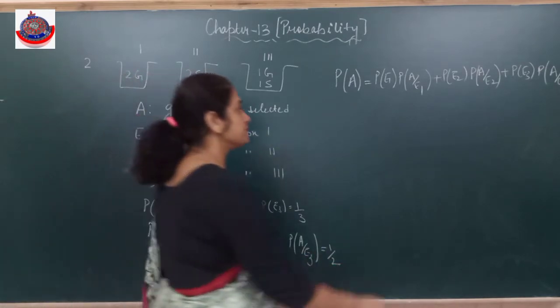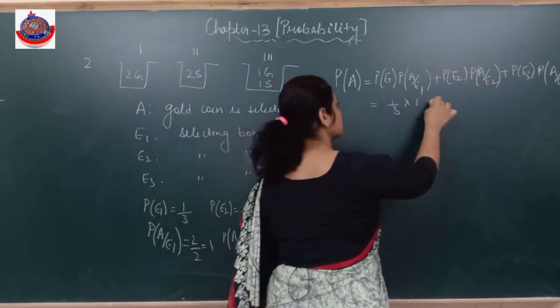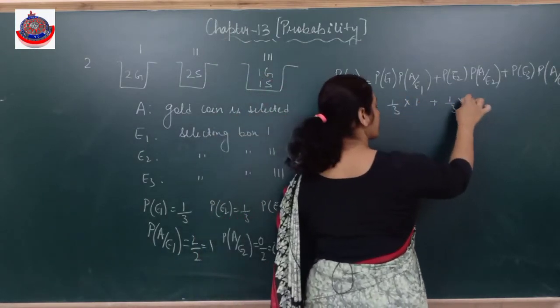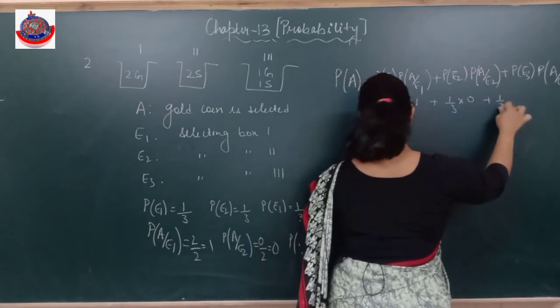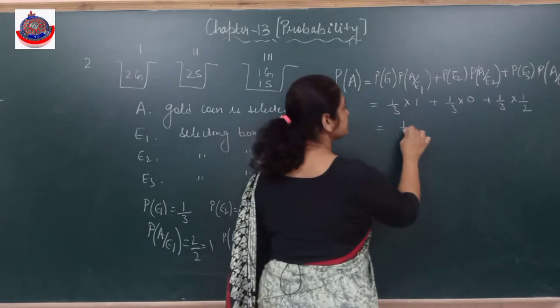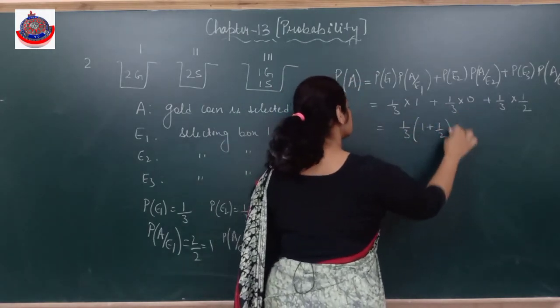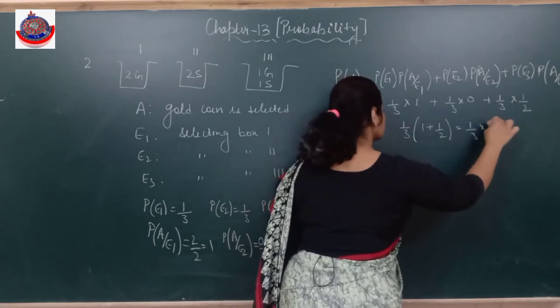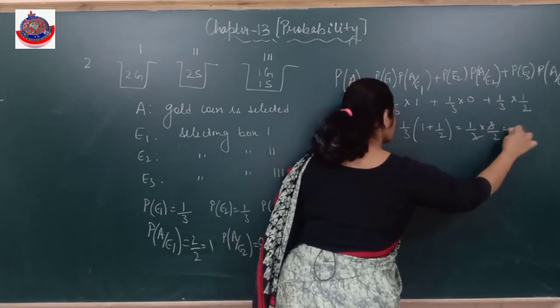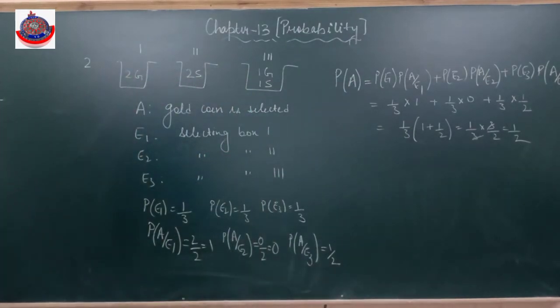Substitute the values. Alright. This is 0. Clear to everyone? Alright. Now the next point is, he says,